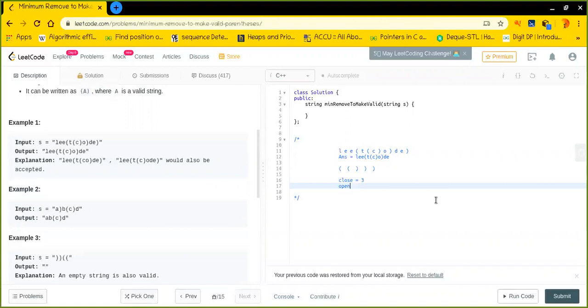And let's initialize the opening parenthesis count to 0. That means I have not found any opening parenthesis so far in my string because I have not traversed it yet. Okay, so let's traverse this particular string to find out which one is the invalid one. All right, and that will be the minimum.